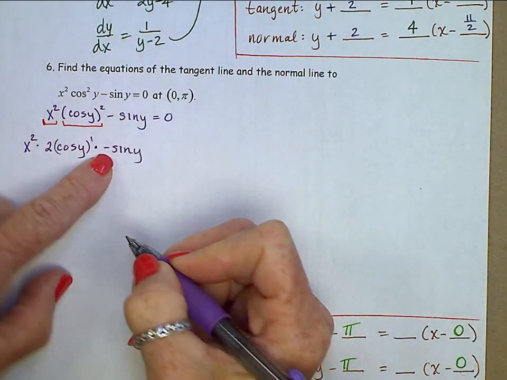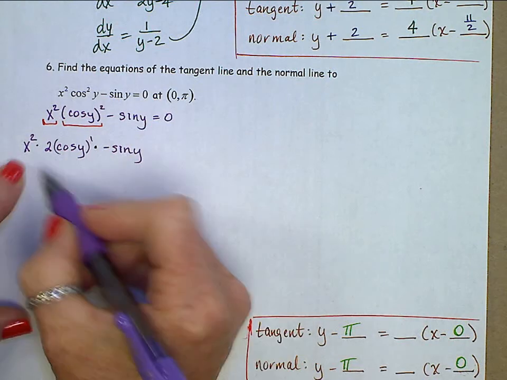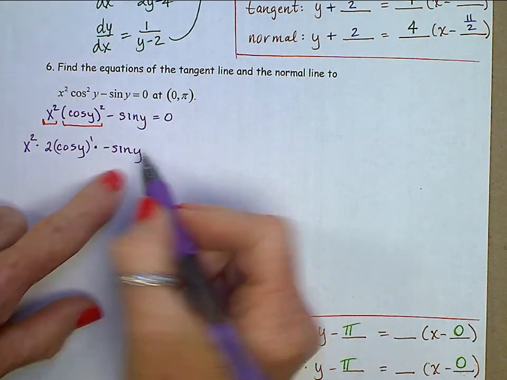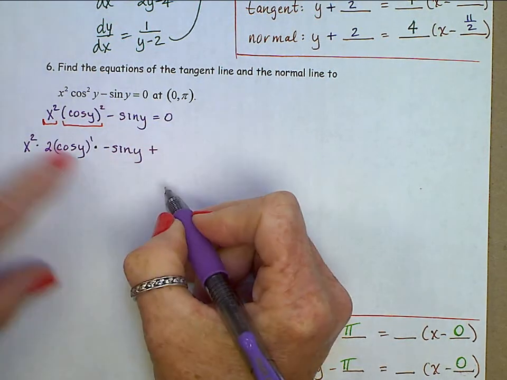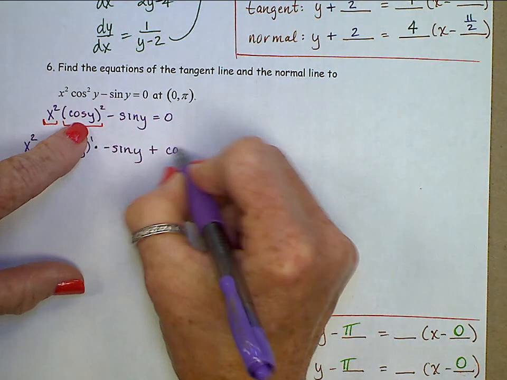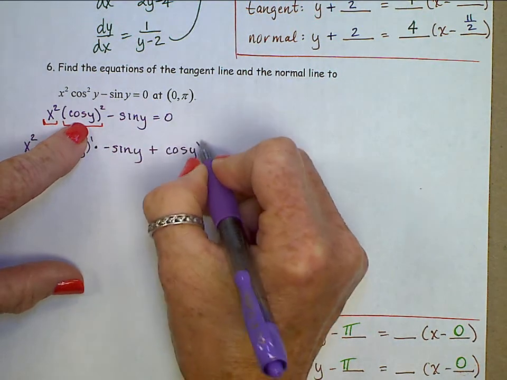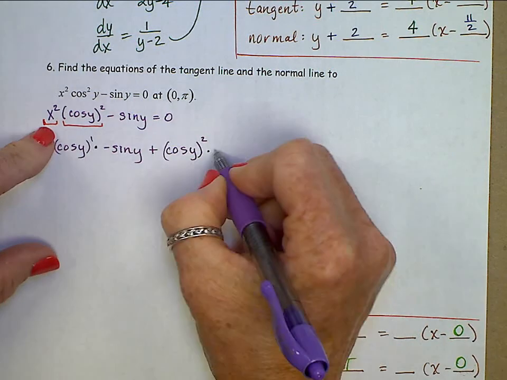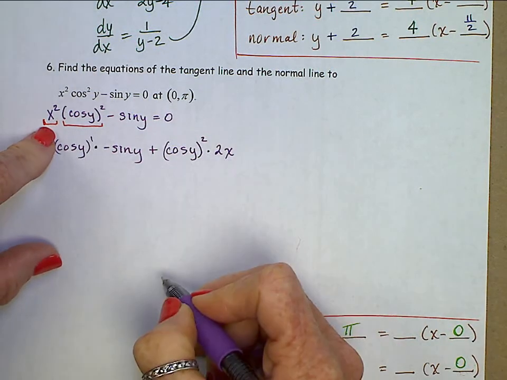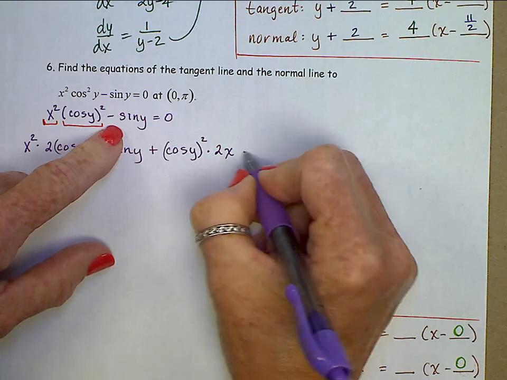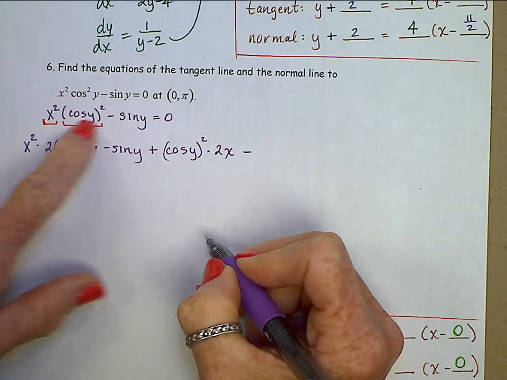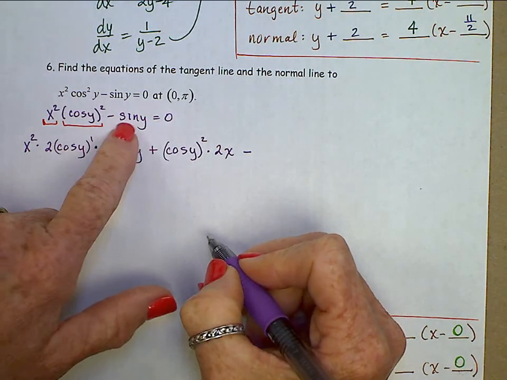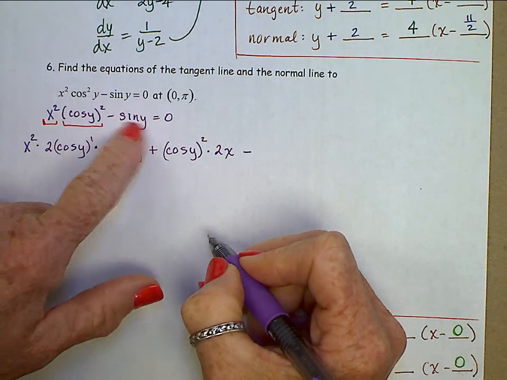Times the negative sine y. So that's first times the derivative of the second, plus the second, cosine y, quantity squared, times the derivative of the first, 2x, and then minus. So that was all that product rule. Now we just have the derivative of this, the derivative of sine y,